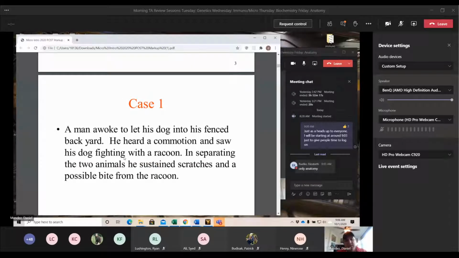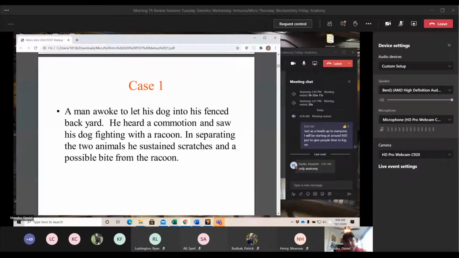These cases, I know some people have been concerned about these cases. These cases are not going to be tested on. The cases are simply just an example that Dr. Anderson uses, so that way he can kind of get you to think about things from a different perspective. You're going to see a lot more cases later on, and cases like this you won't be tested on for this test block.